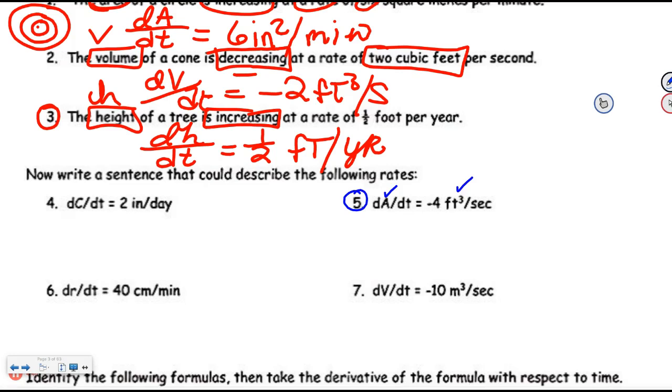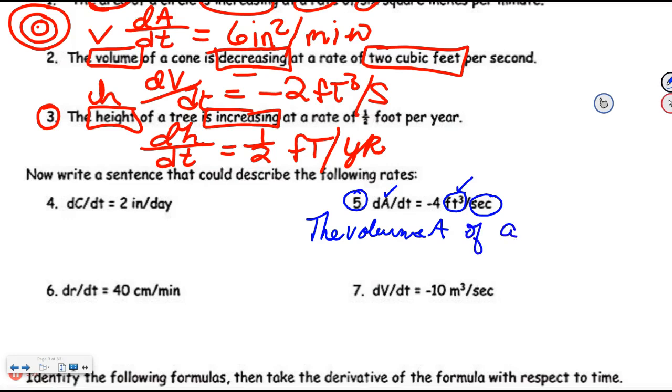My first gut instinct was to call A area, but then I looked at the label and I saw that it is feet cubed per second. Actually, that label wouldn't be acceleration, that'd be feet per second squared. So feet cubed would be like a volume changing over time, which is weird. They're calling it A. So again, deciphering this, I would say that the volume A, which is weird that they're calling it A, but whatever. I would have called that V if I had made these notes, but the volume A